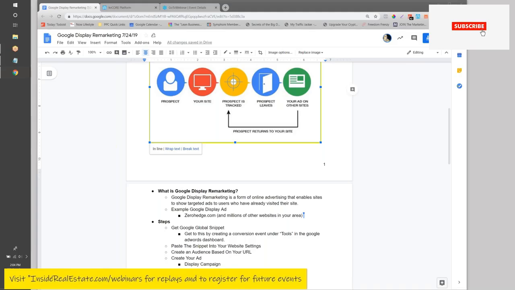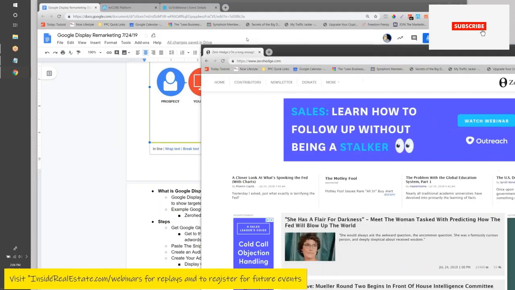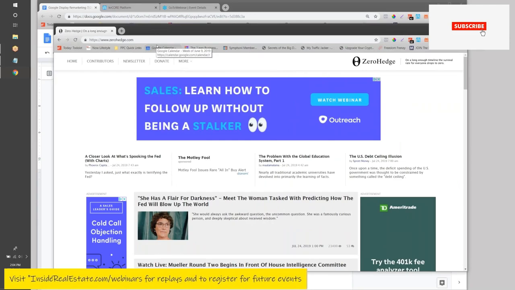And the more powerful thing it does is it also makes you seem bigger than you might be. Outreach is a big company. I was already aware of them. But in the case of a small local agent, you might have only had 100 people visit your website in the last month. But to those 100 people, you can start to seem really big and start to build top of mind status